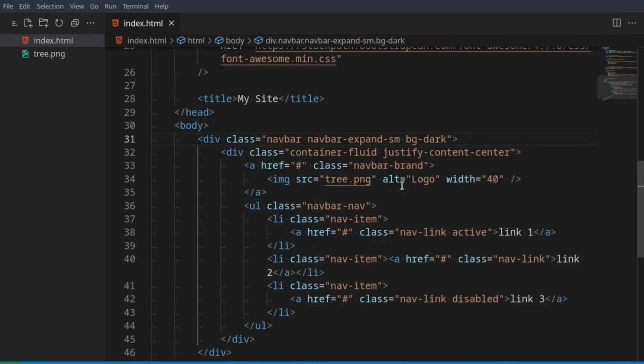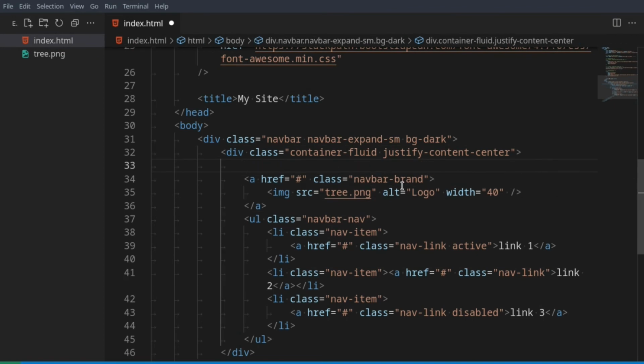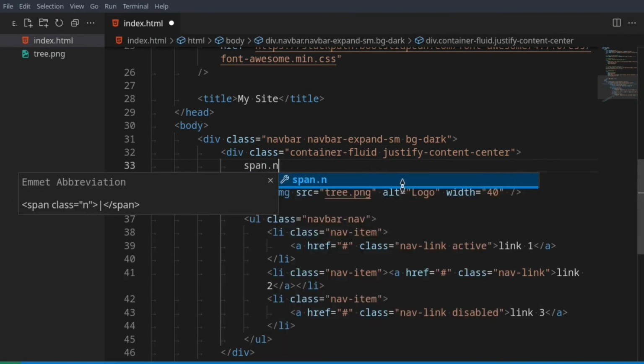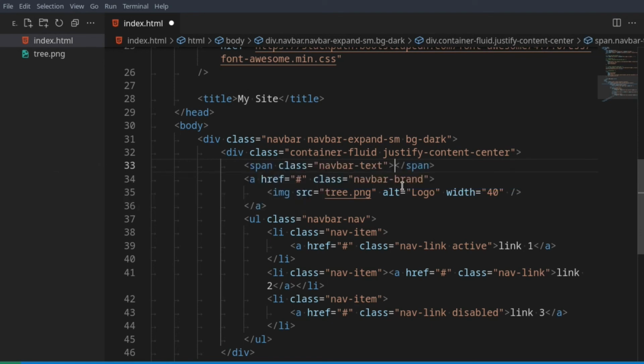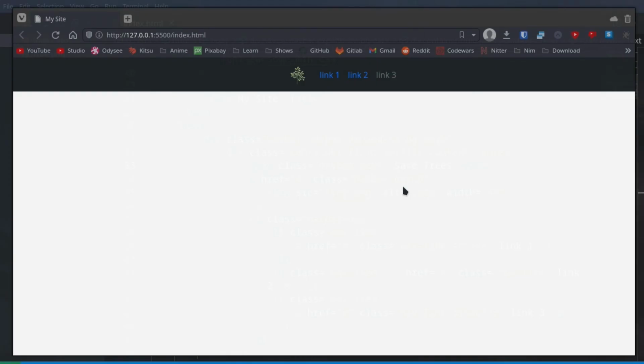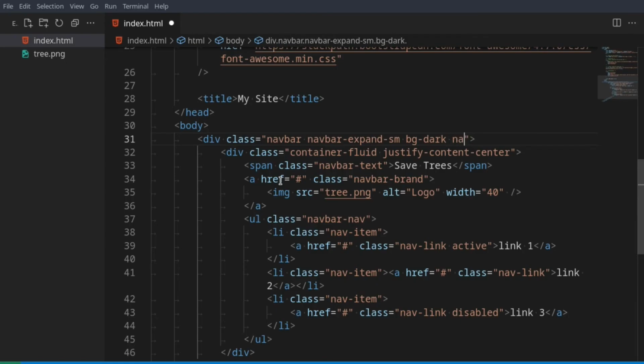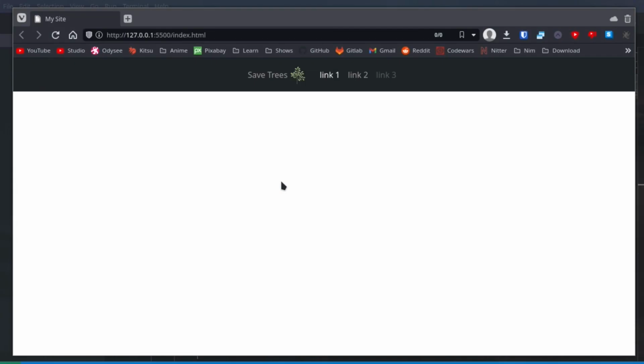You can also have navbar text if you need it. So let's go here and we can just say span.navbar-text. And we can go save trees. This could be like our company name or something. And now we should have a piece of text here. And we can just say navbar-dark, just to make sure we can actually see it there. And there we go, save trees, and there's our logo next to it, and then with link 1, link 2,